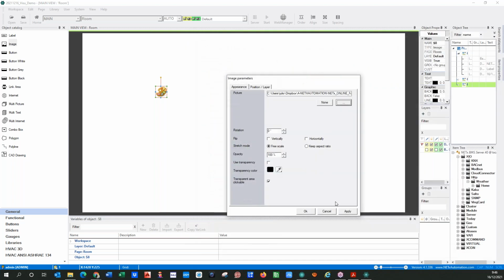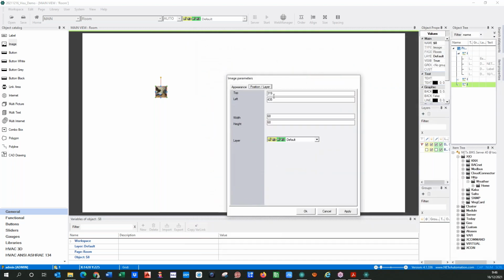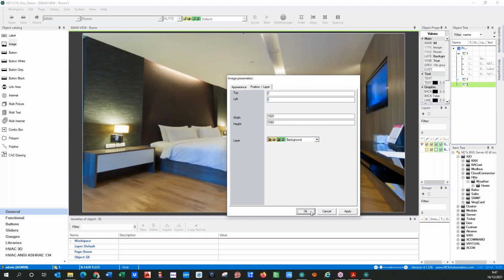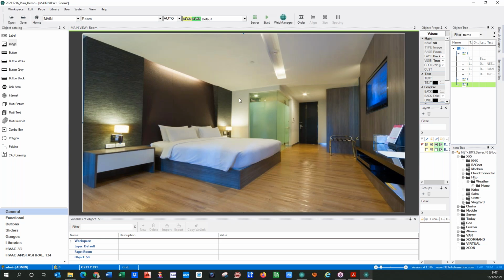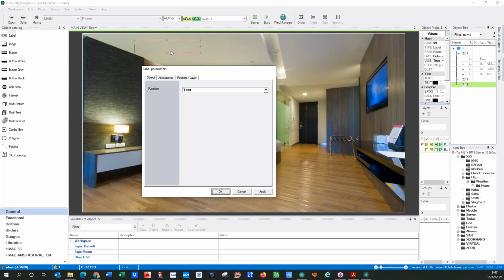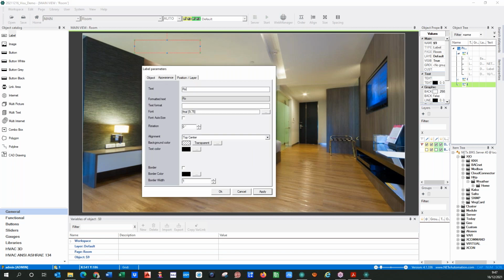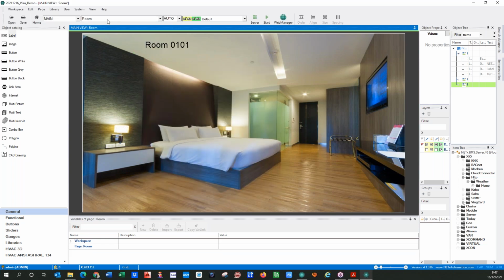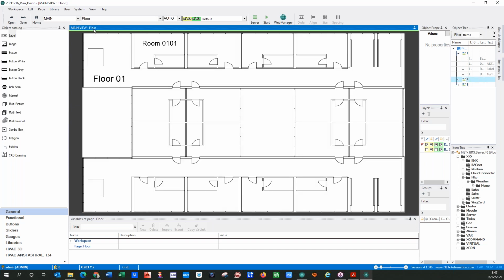For example, this, and in the background. So I have my room, okay? And the label that indicates the number of the room. This is the room 0101. That's it, okay. So I have 3 pages now, the floor,